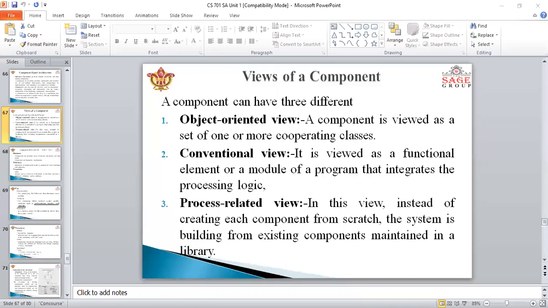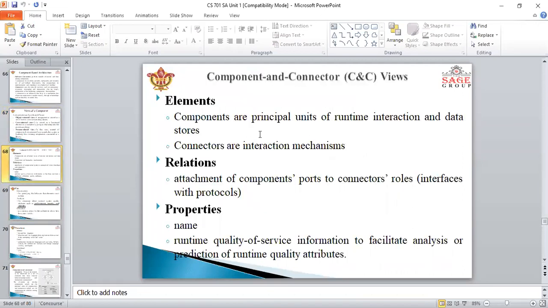With these three component views, we can identify, relate, and see how the work is going on, and they also have some characteristics. The component and connector view is also known as the C and C view.